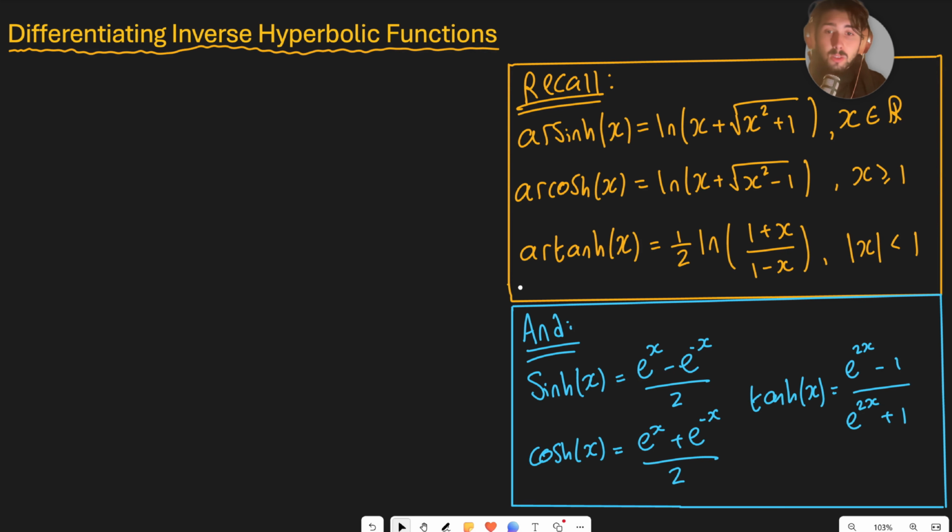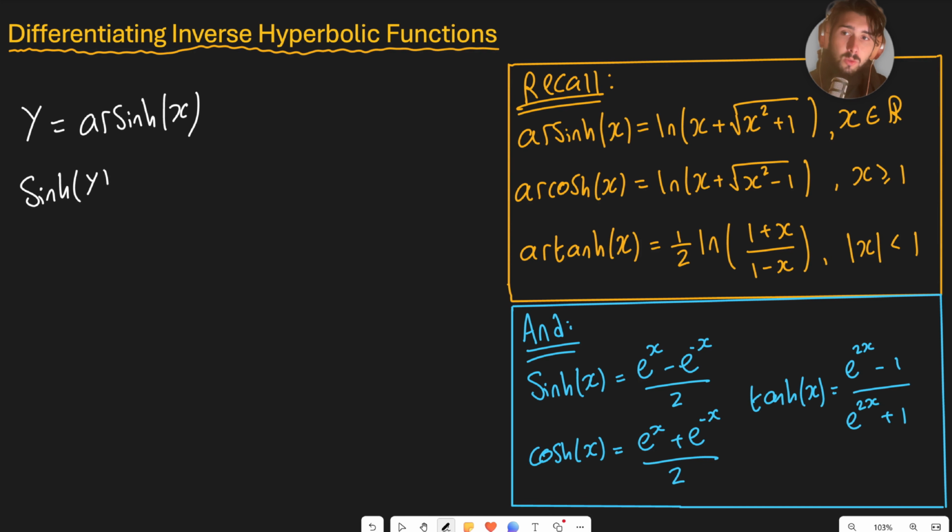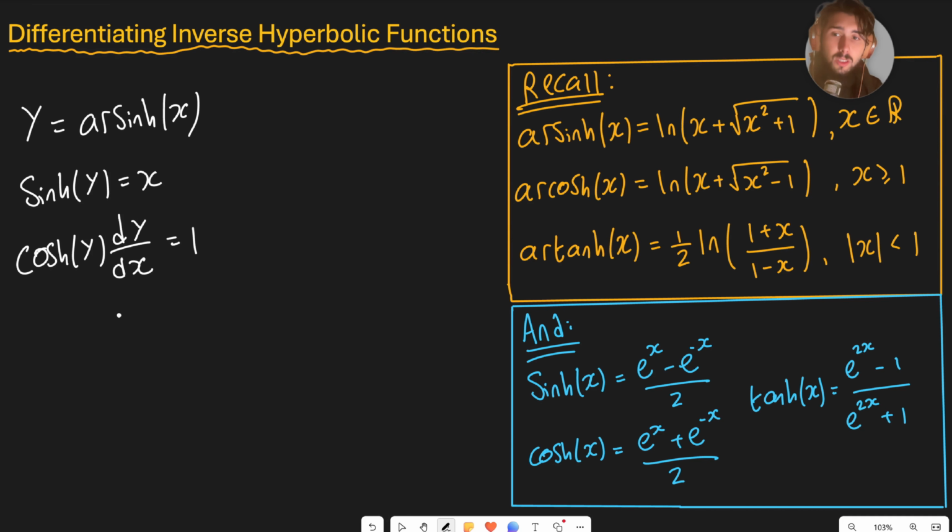But let's go straight into our first one, which is going to be arsinh x. So we've got y equals arsinh x here. The method that we're going to use is to take sinh on both sides. So I've got sinh y equals x. Now that I've done that, I can use implicit differentiation because I already know what sinh y differentiates to. Sinh differentiates to cosh y dy dx, and x differentiates to 1. That's implicit differentiation. Then we can divide both sides by cosh y